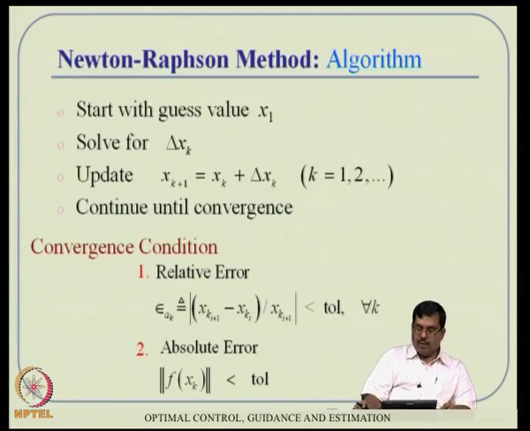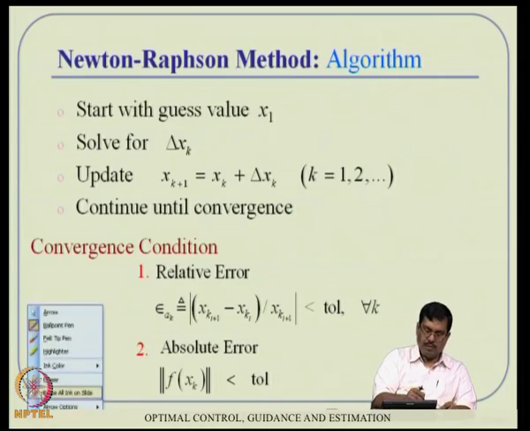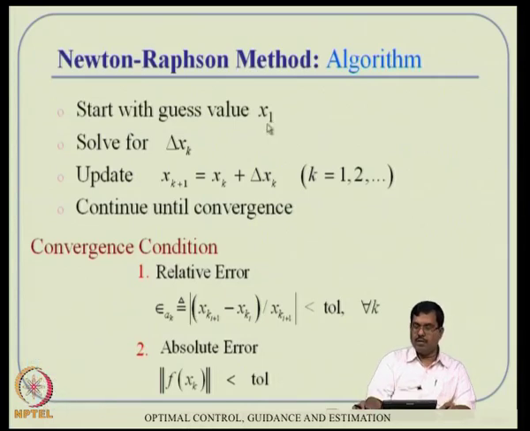So, in the Newton-Raphson method algorithm, you start with some guess value, either you call it x0 or x1, whatever it is, and MATLAB will start with x1. The index 0 is not defined in MATLAB anyway. So, you start with some guess value x1 and then solve for delta x_k, and then update your x_{k+1} like this. And then you continue until